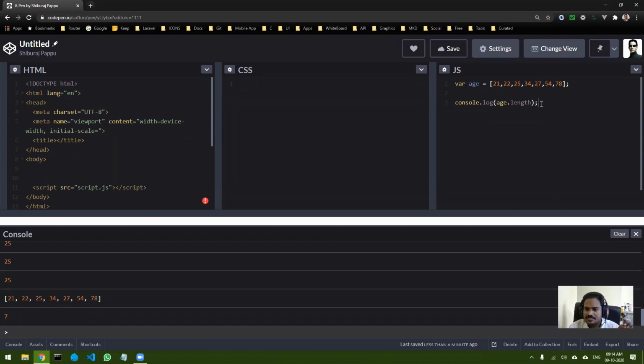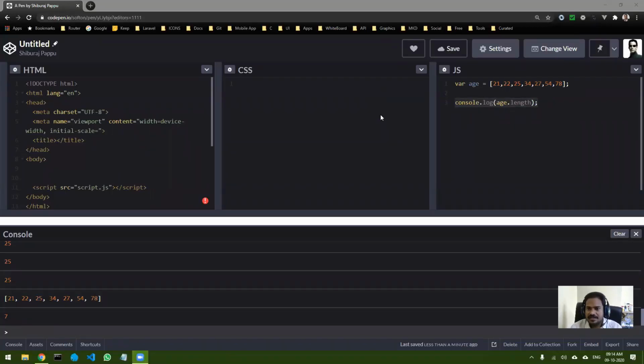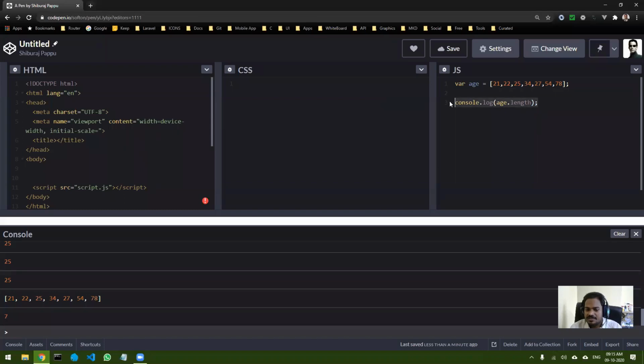So now let us suppose I want to use this knowledge to print all the elements individually. So for that, can anyone tell me how you will print all these things separately? Yes, Salik. Right, exactly. We will be using a simple for loop. Okay, for loop or while loop or do while, any loop will do. So let's do a for loop. Okay, a simple for loop will do it.